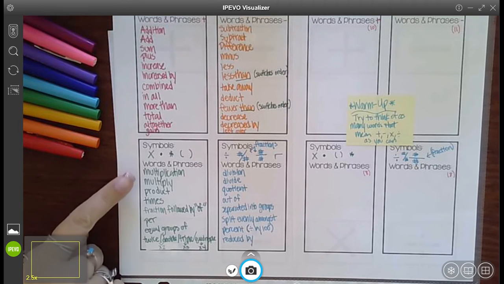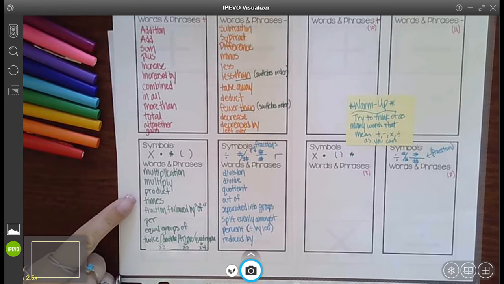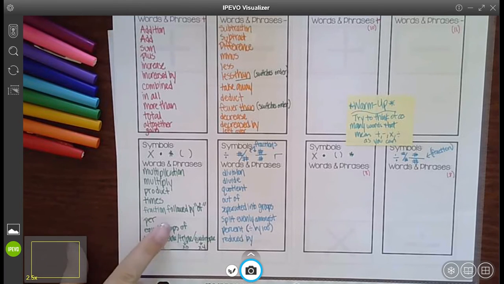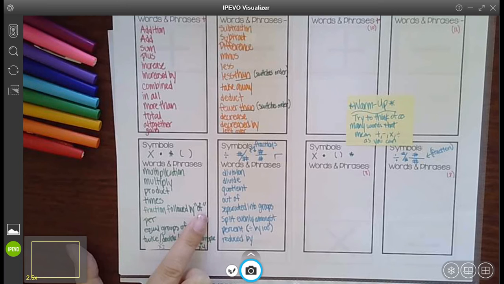Multiply, obviously multiplication, multiply, product, times, a fraction followed by the word of. So if you have like 1/3 of 12, okay, or half of 24, okay, then it's the fraction times that other number. Okay, anytime you see the word of doesn't mean multiply. It's if it's a fraction followed by the word of some other number, then you multiply. Okay, per,